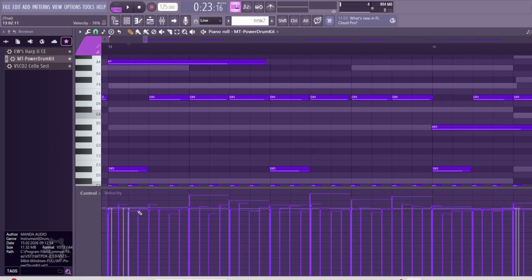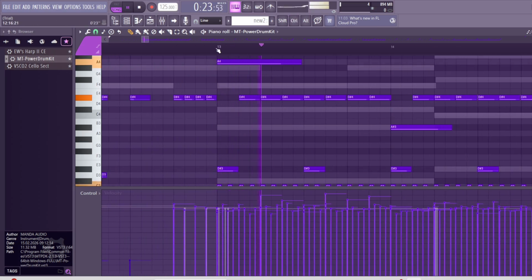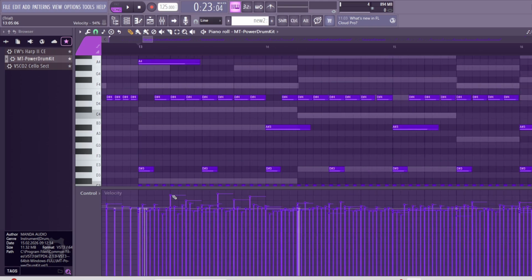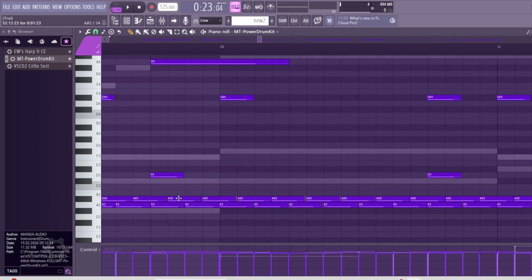The notes don't have the same velocity all the time. And it sounds more realistic. Another example is moving those notes just a little bit. Because people don't play drums like machines, you know. And here we use kind of a drum machine.